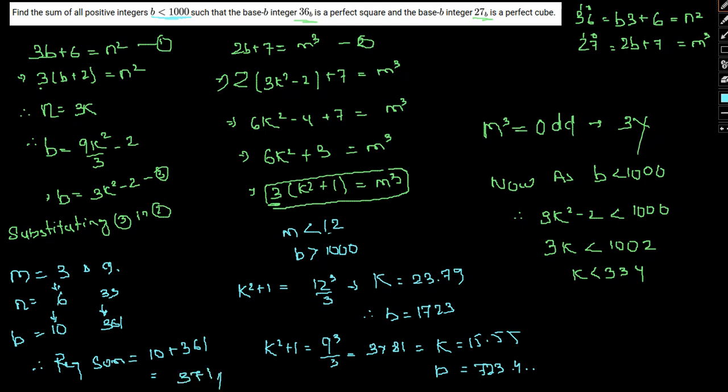So I hope this question is clear to you, the process we have adopted towards solving the same. Kindly go through the question in general so you can get a better understanding, and with the video as a reference, try to solve the question on your own. This was a simple question pertaining to change of base of a number which has a certain representation in a particular base, and we changed it by virtue of a perfect cube and perfect squares. The question also has a few characteristics of inequalities, so a lot of this depends on a correct observation of the same.